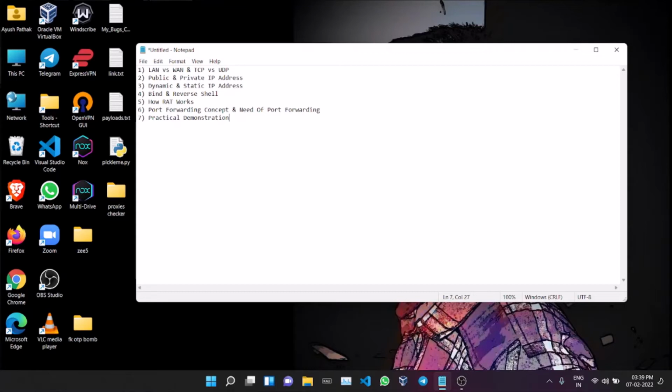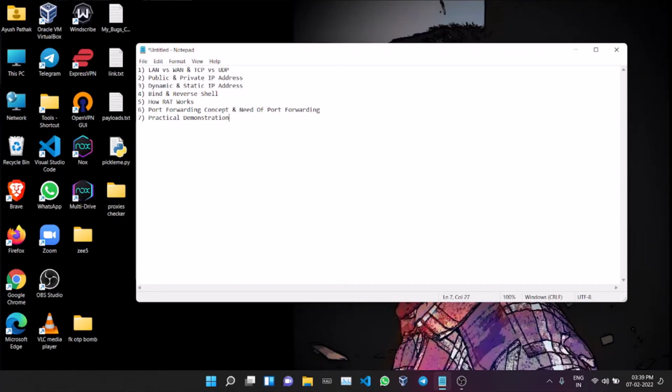If your router supports port forwarding, you will manually go to the router's admin page or settings page and put an entry there. The entry says that any request sent to the public IP of your router for a specific port, like port 4444, should be forwarded to this private IP, device B, and this port.